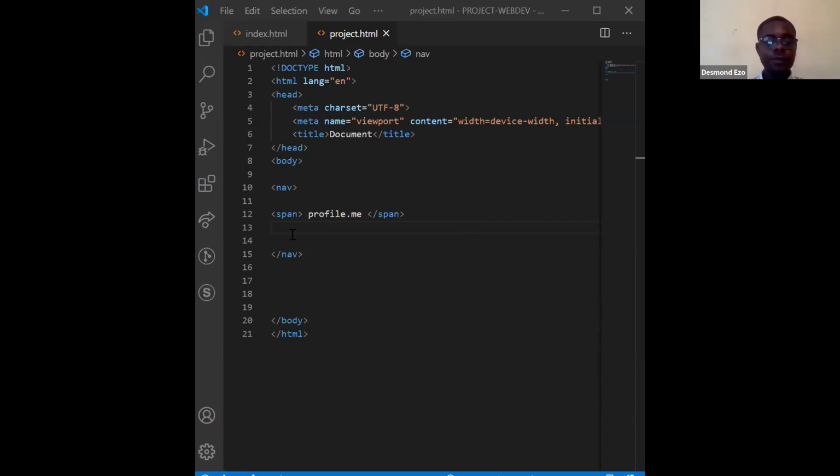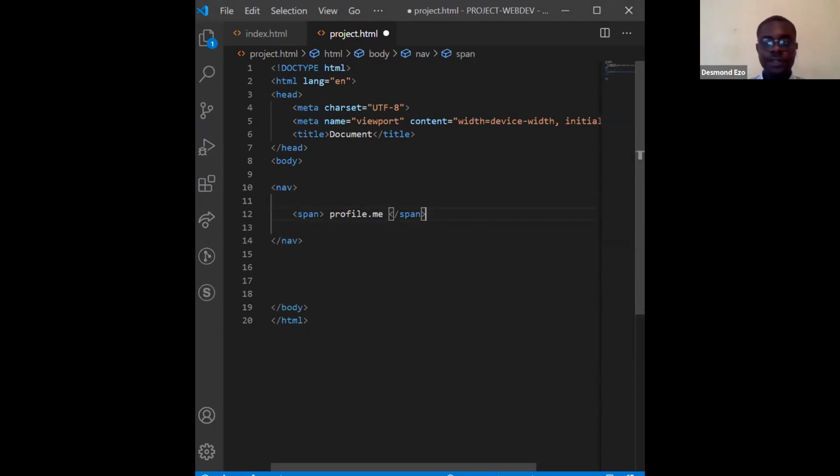Okay. So inside of this navigation tag, or nav tag, we have two things. We have the profile.me and we have the say hi. This say hi can be a button and it can also be a link. But I'm going to make it a link.